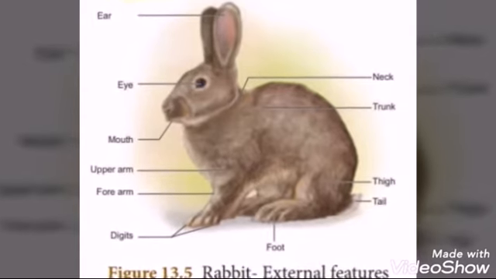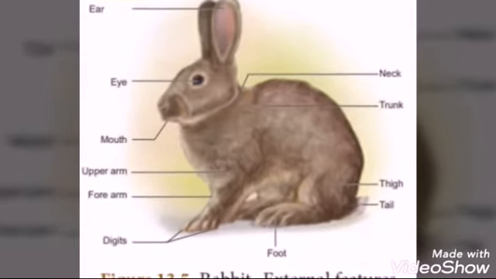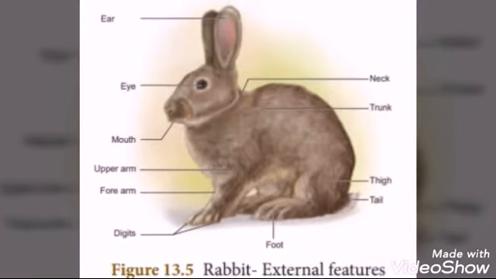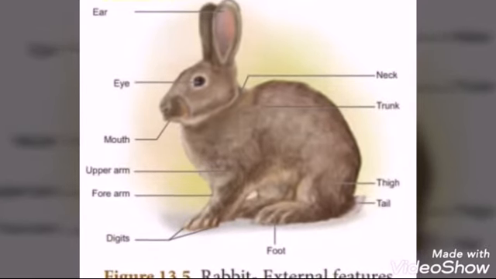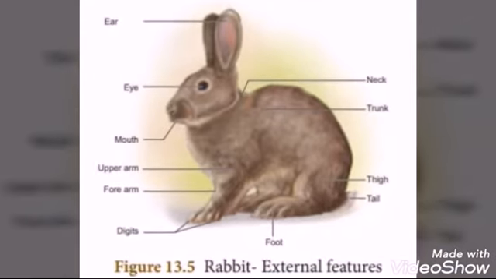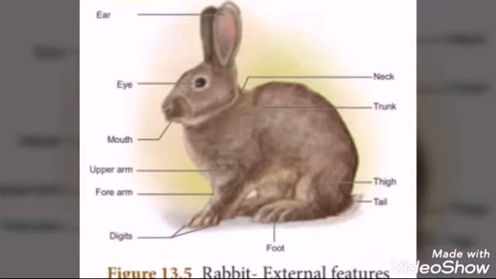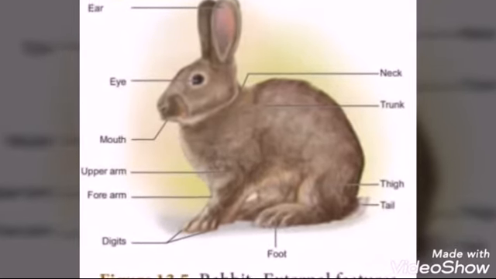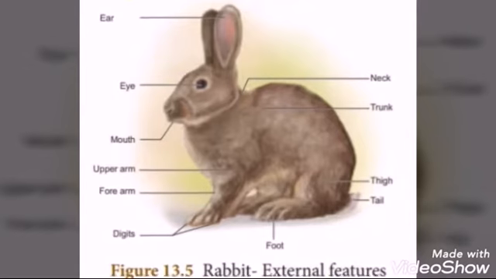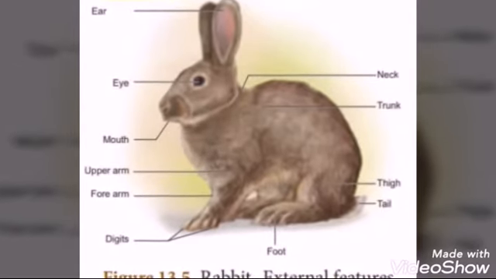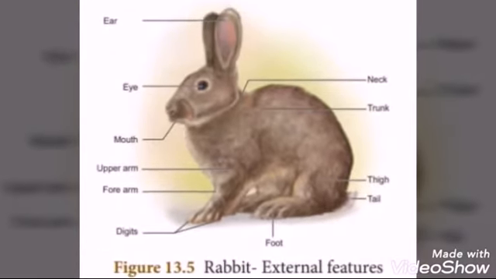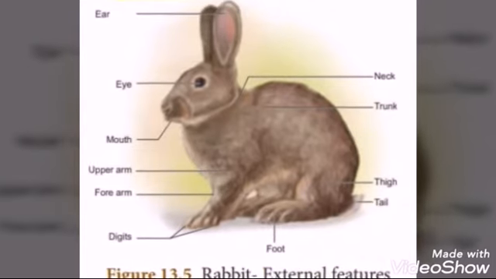Next one, tail. The tail is short. It is used to give signals to other rabbits in the event of danger, for example, predators. Next one, integument. Integument is nothing but skin. The integument forms the outer covering of the body. The structures which are derived from it are hairs, claws, nails and glands like sweat glands, sebaceous glands and mammary glands. Mammary glands are modified glands of the skin. They secrete milk and help in nourishing young ones. That is the main character of mammals. The sweat glands and sebaceous glands embedded in the skin regulate the body temperature.